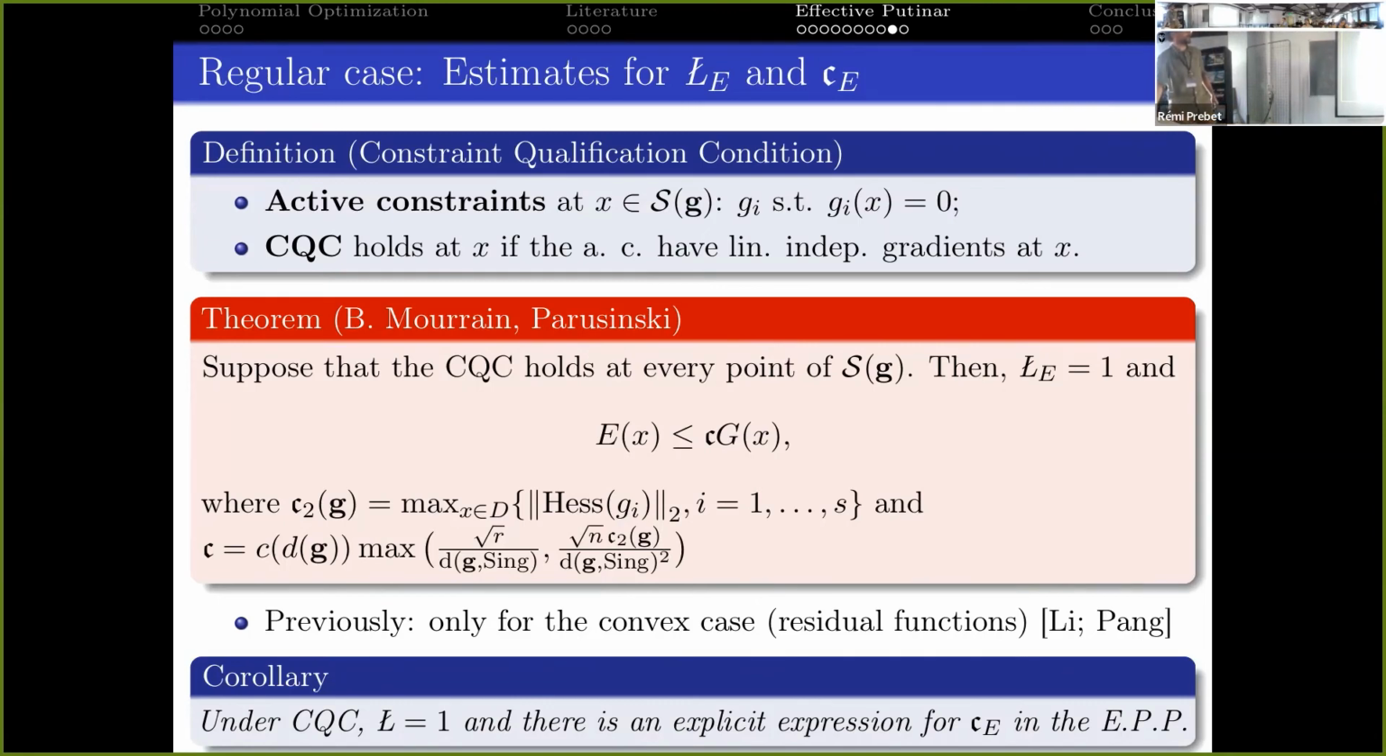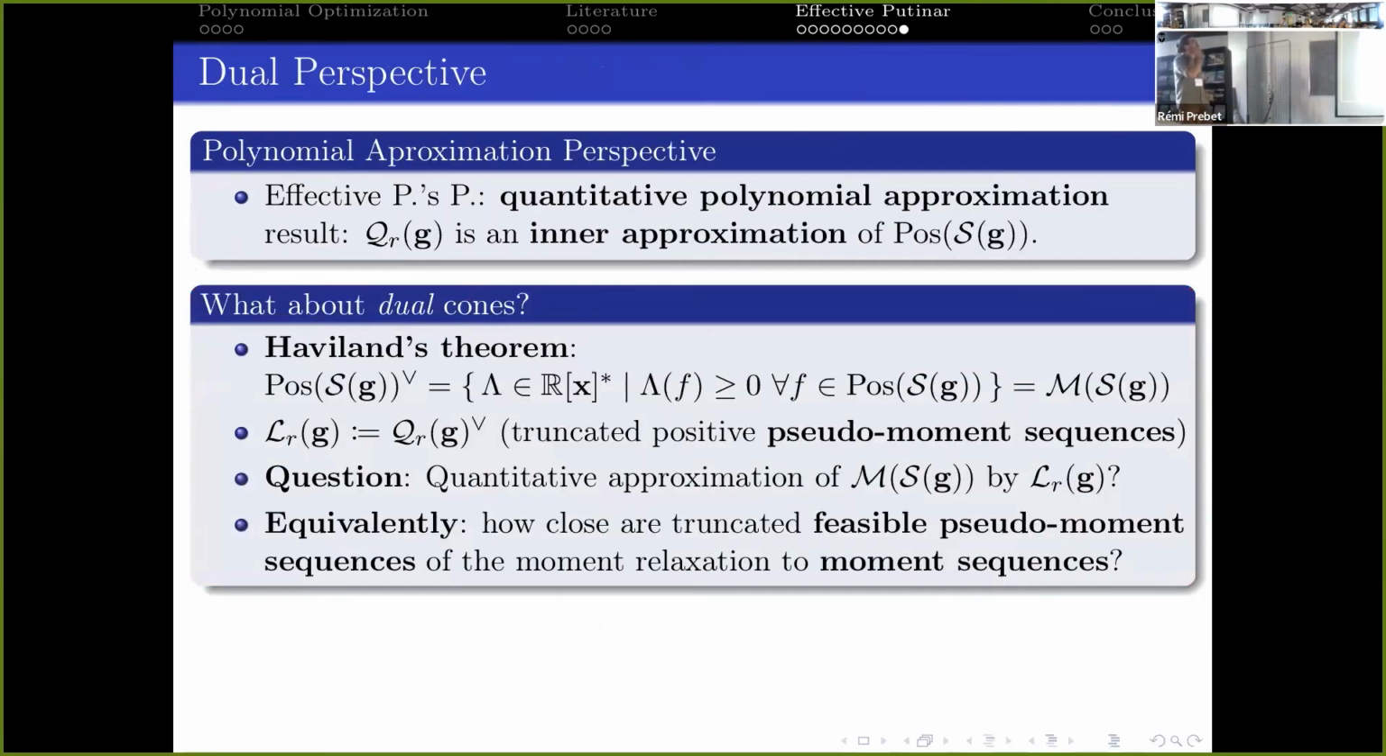Okay. Let me conclude briefly, recalling the dual perspective. So we have seen how the Putinar positive Stellensatz, the effective Putinar positive Stellensatz, is a quantitative polynomial approximation result of non-negative polynomials. And so the quadratic module Q_r(G) is an inner approximation of non-negative polynomials. What happens if we take the dual? So from Haviland's theorem, the dual cone of the non-negative polynomials, so the linear functionals acting on polynomials such that lambda of f is greater or equal than 0 for every non-negative polynomial, this is, by Haviland's theorem, equal to the